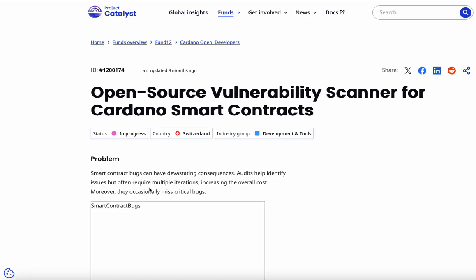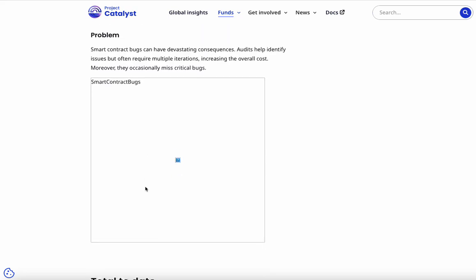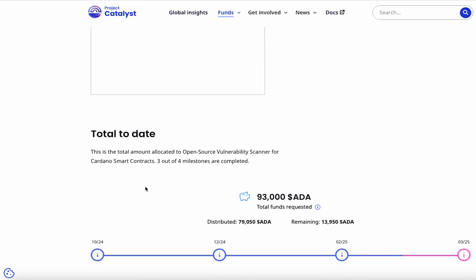Hello everyone, welcome to our project closeout report for our project Open Source Vulnerability Scanner for Cardano Smart Contracts. This project participated in Fund 12 in the Cardano Open Developers Challenge and received a total funding amount of 93,000